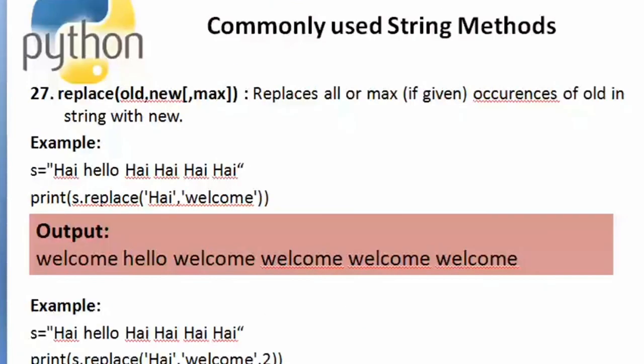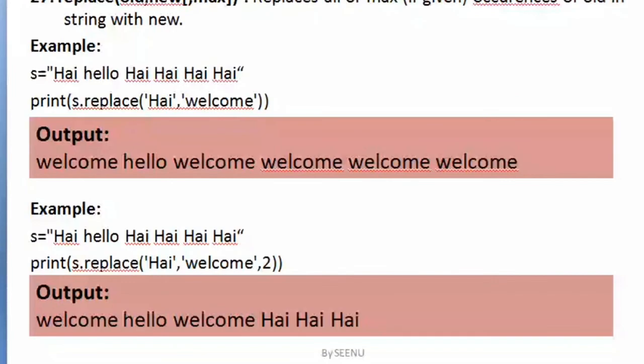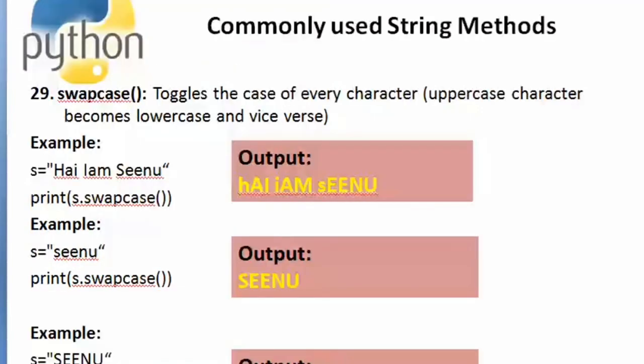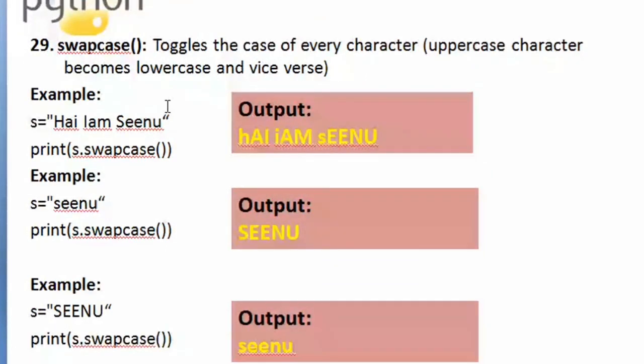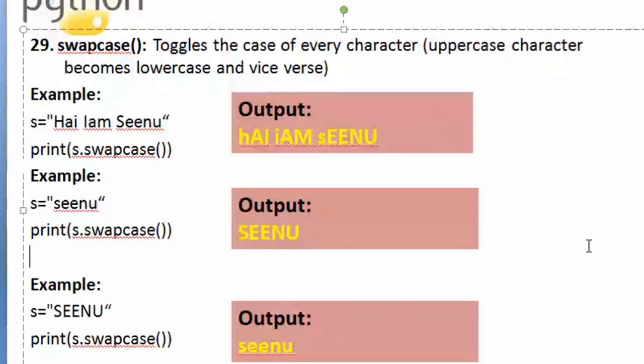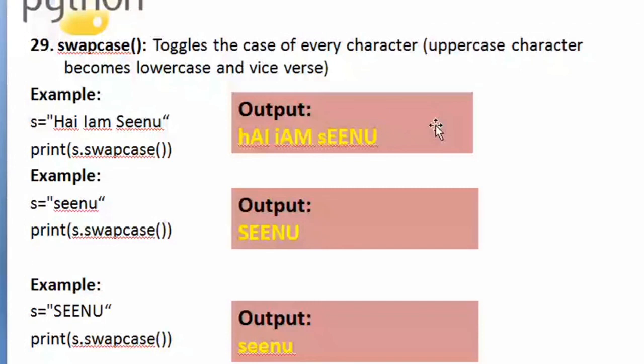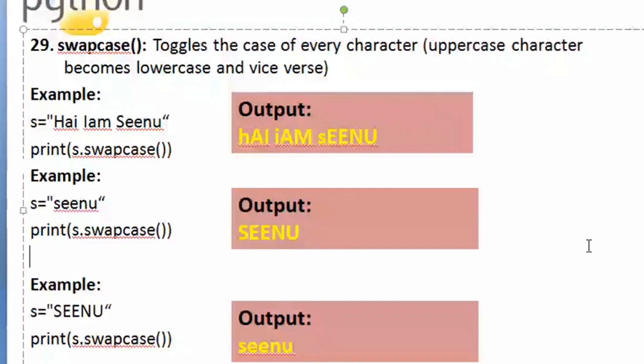And the next method, swap case. So swapping the cases. Uppercase will be swapped to lowercase and lowercase will be swapped to uppercase. So this is toggling. Toggle means on and off, like you switch lowercase to uppercase, wherein you can see that in the output over here. And in the next case, I have given everything in lowercase, and it's changing it to uppercase. Uppercase is changing into lowercase. So there is a combination of lowercase and uppercase characters, and it will just be swapping them.